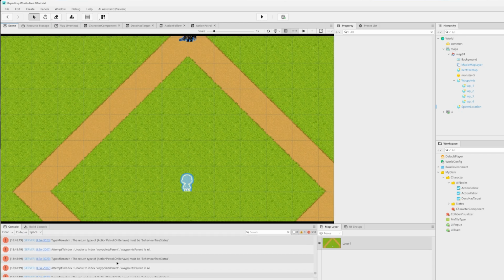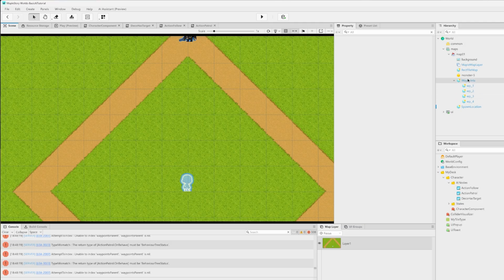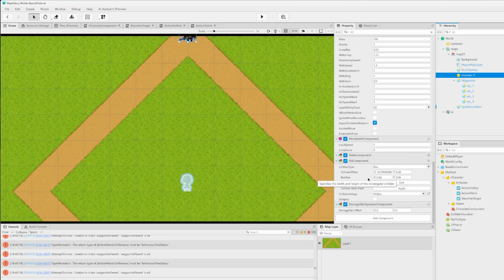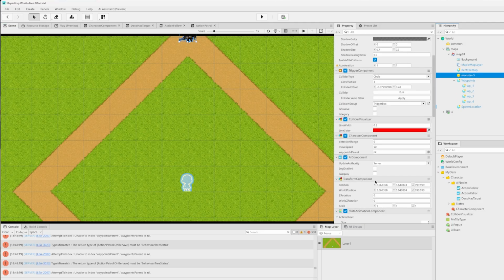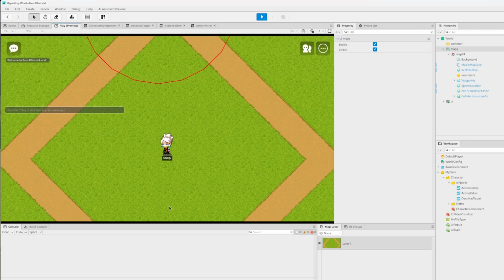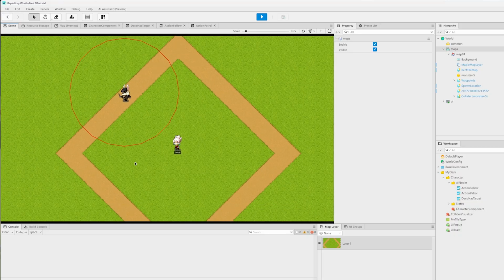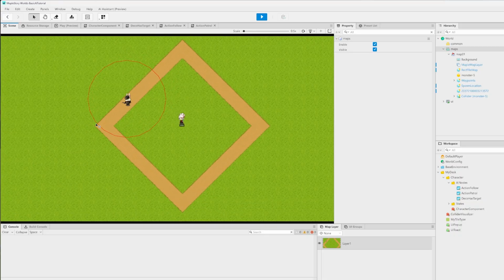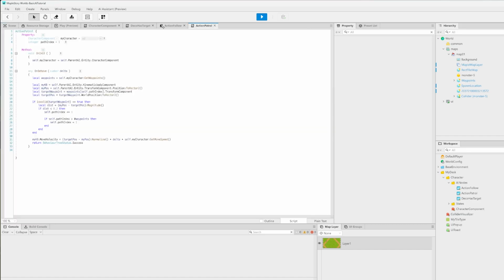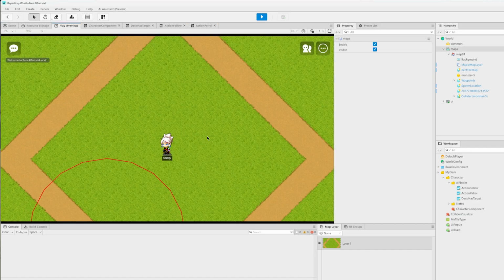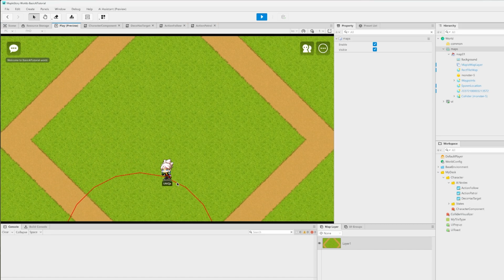So we forgot to assign our parent value. So we'll go into our monster and we'll search for the character component and we'll assign our waypoints parent. And let's press play one more time. Okay, so because we don't have a character in range yet, it's going to begin patrolling our diamond. So it's going to continue patrolling, doing its job, until which case our player comes into range